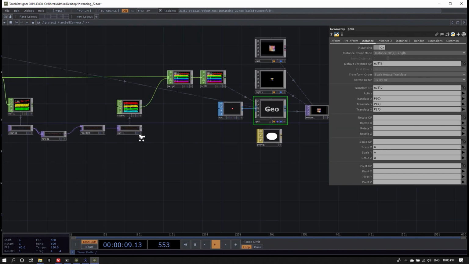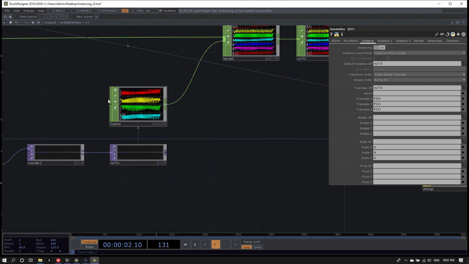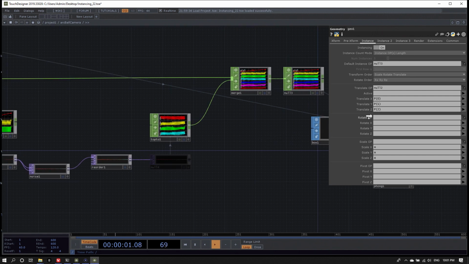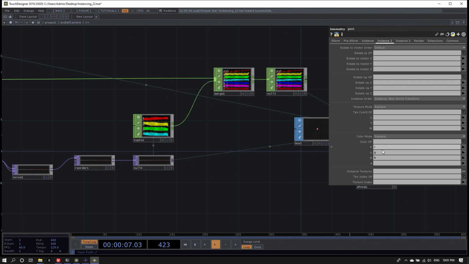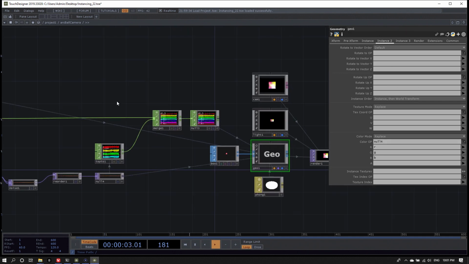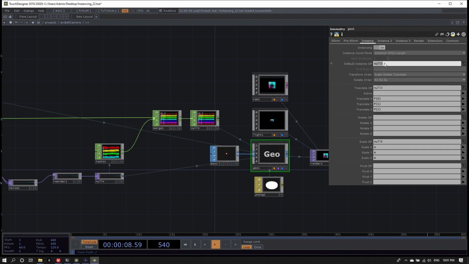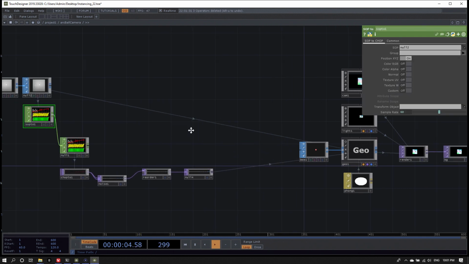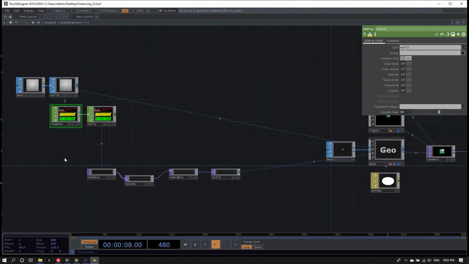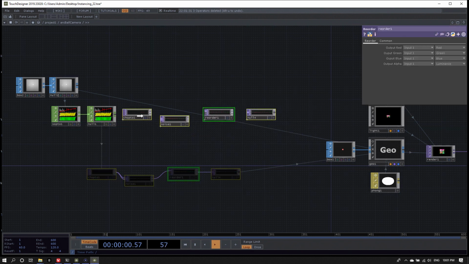My scale, I could just get from the TOP directly, skipping the TOP to CHOP here, which is always a little bit expensive. So let's take our null TOP that comes after the Reorder TOP and use it for scale. And on the instance 2 page, for the color OP, we'll use the same null TOP, RGB. And I should still delete the null3 CHOP here that was referenced there. And I can delete these CHOPs. And I have a much simplified network here.